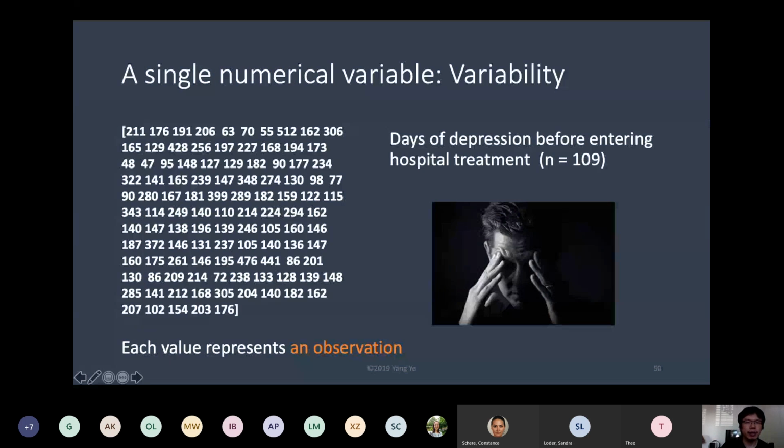And here's another numerical variable. It's basically a vector containing different numbers. Imagine that what these numbers mean is the days of depression before entering hospital treatment. So we have those people who went to hospital for depression treatment, and these are the days of depression before they went into treatment. And again, each value represents